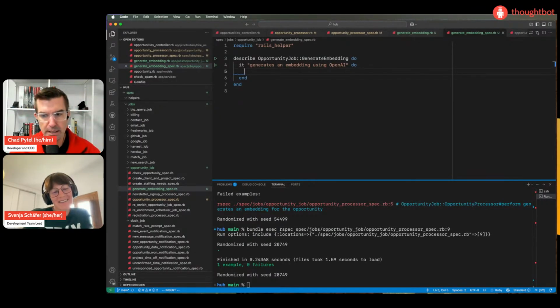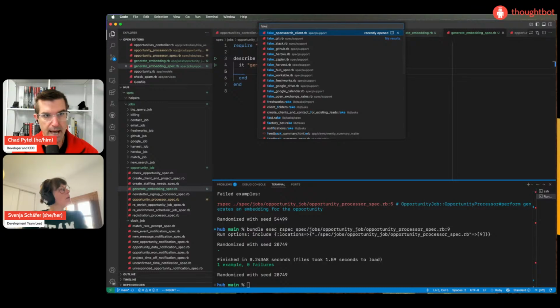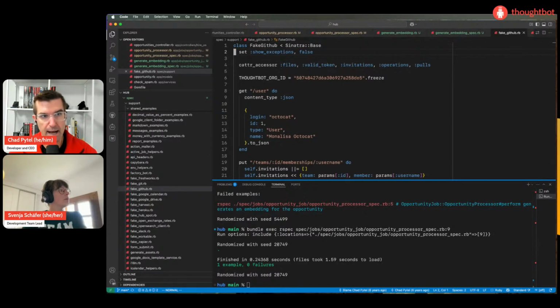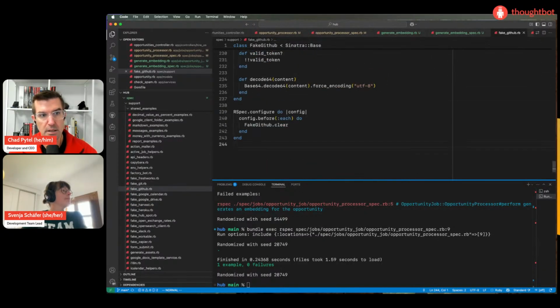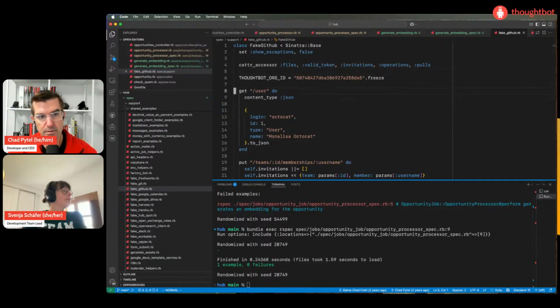So we can either stub out OpenAI directly in our specs, stub out the gem, and say when it calls this way, return this response. The other is we could actually create a fake OpenAI service. We do that in this app, we have a fake GitHub service, which is a Sinatra app that duplicates in test the way the actual GitHub APIs respond.